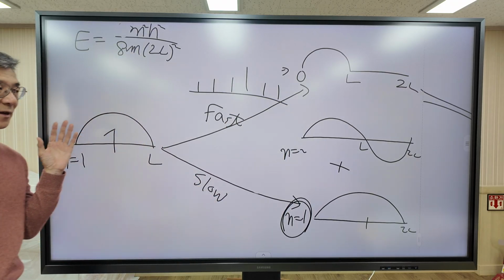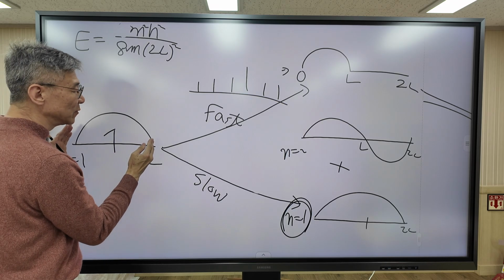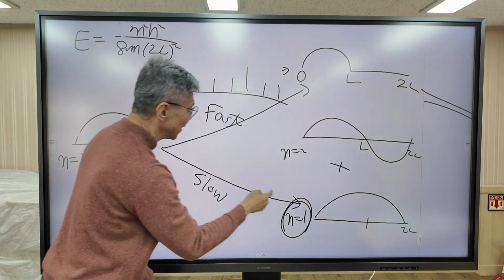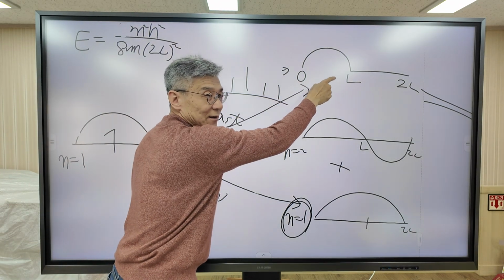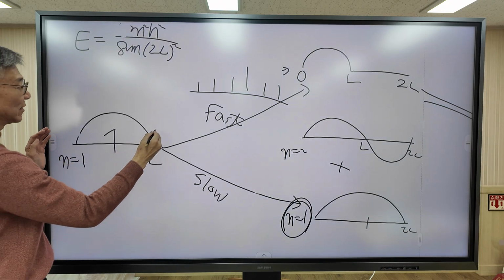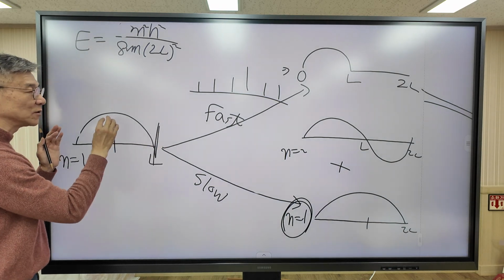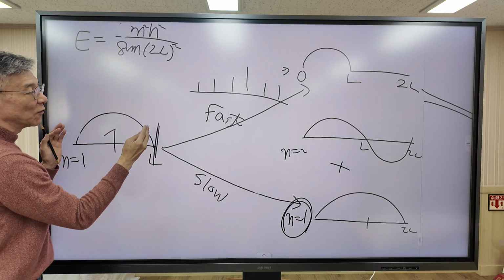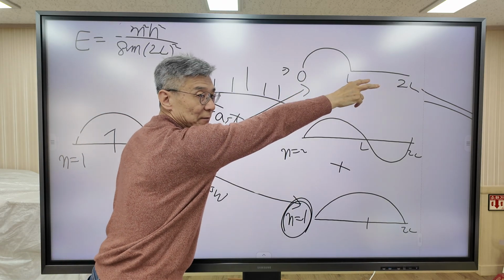Okay, when wall moves fast. So conclusion is that when the wall moves very slowly, energy is defined, right? But when wall moves fast, energy is not defined, right? But what's the criteria? The criteria is that when the wall moves slowly compared to the electron, energy is defined. But when the wall moves fast compared to the electron, energy is not defined.